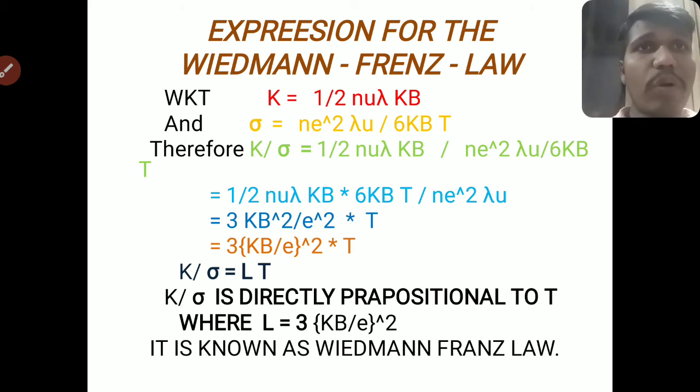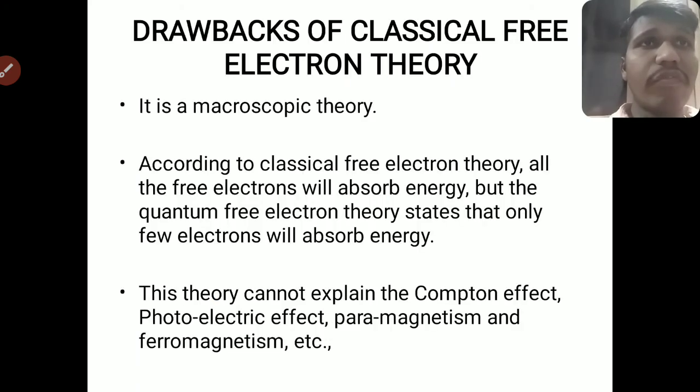This is also an important success of the free electron theory, explaining how electrons flow through the circuit or conductor, using the electrical conductivity and thermal conductivity. And lastly we discuss the drawbacks of the classical free electron theory, where it is used and where it is not used. That is, the failure of the free electron theory. As I told you in the earlier classes, there are drawbacks and there are successes.